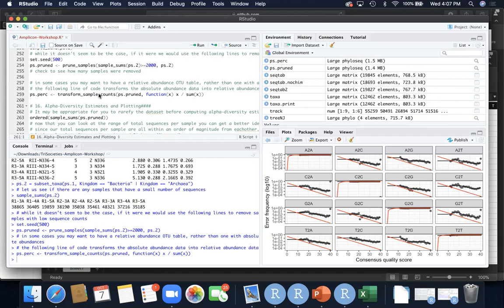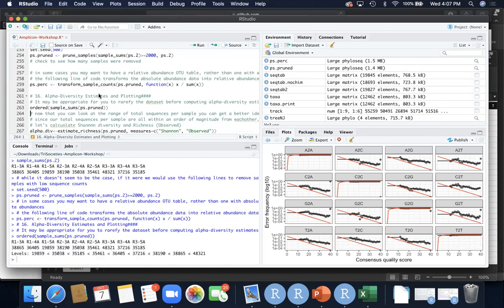Now we're ready to start doing some data analysis. We're going to start with alpha diversity. You don't have to start with alpha diversity when you're going through your own data set. It's just what I always like to do. So we're going to start with that. We're going to say, all right,